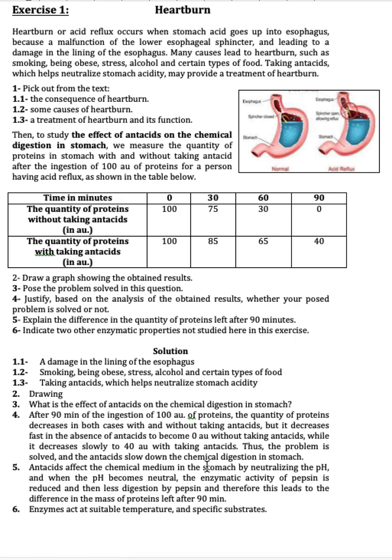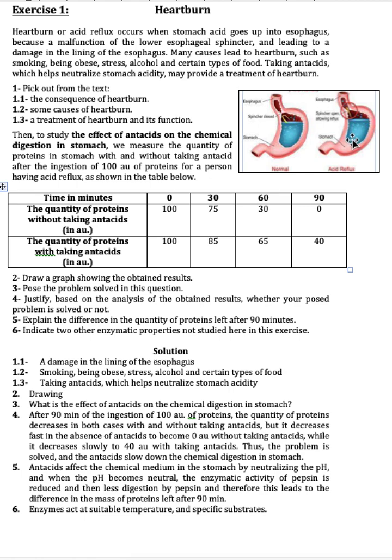The antacid changes the chemical medium in the stomach by neutralizing the pH, and when the pH becomes neutral, the enzymatic activity of pepsin is reduced. When the activity of pepsin is reduced, we will surely have less digestion by pepsin and therefore a greater quantity of proteins, because we are not digesting the proteins completely. So the difference is that without the antacid, the chemical medium in the stomach stays at pH 2, more suitable for pepsin, with more digestion,